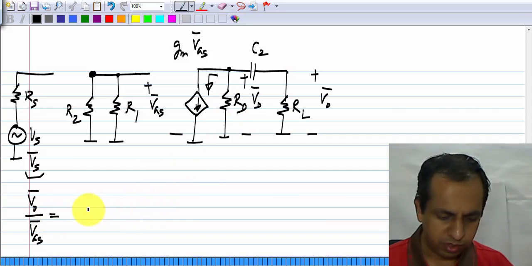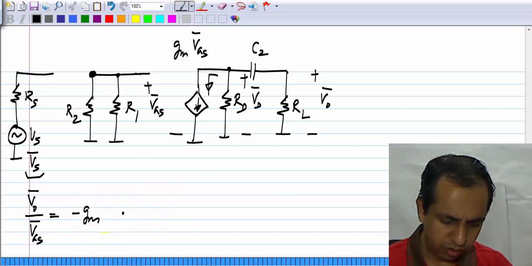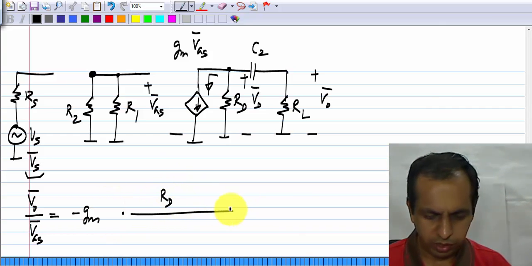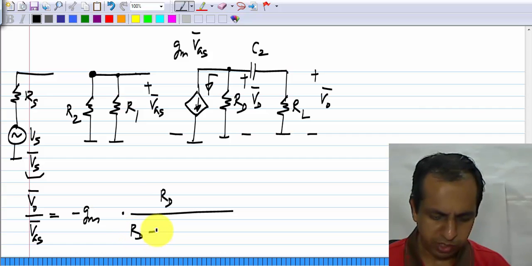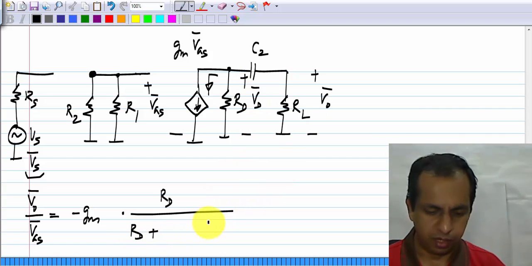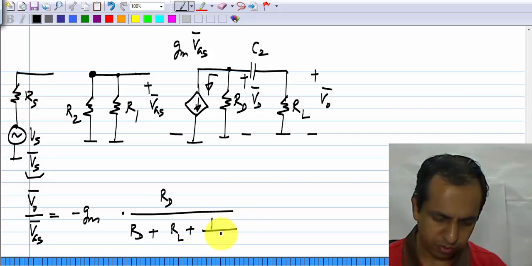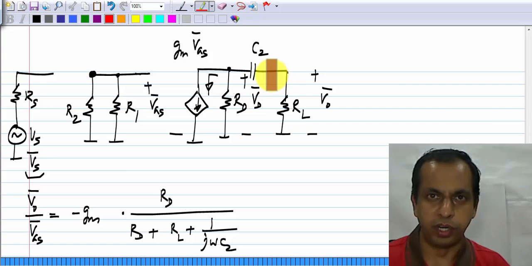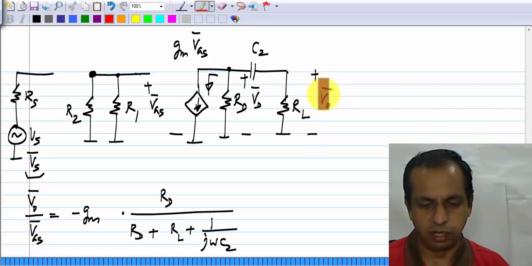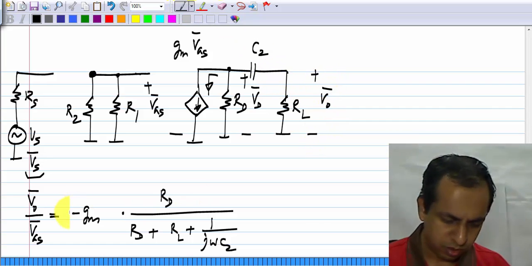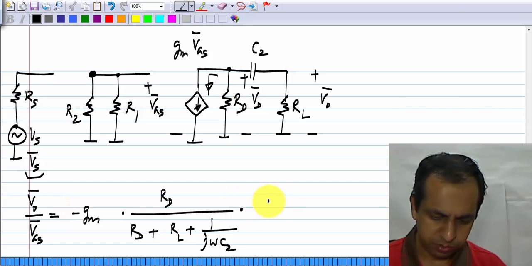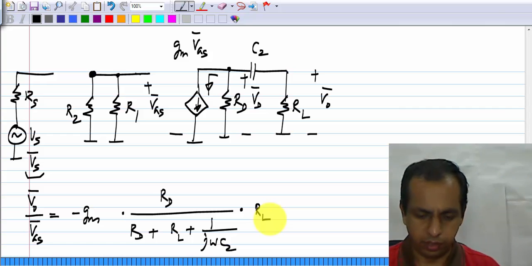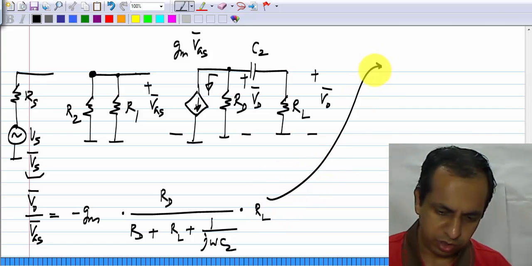So, that current is given by RD divided by RD plus the impedance of RL and C2 in series. So, that is the current that is flowing in the upward direction. So, the actual voltage across RL, V naught, is negative of this times RL, which can be written as